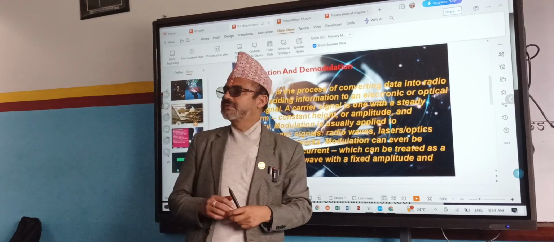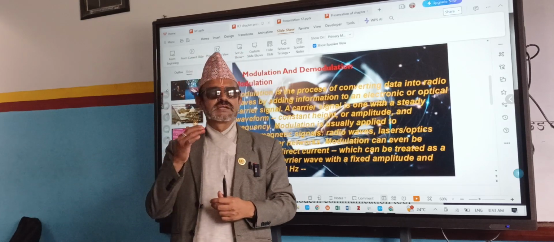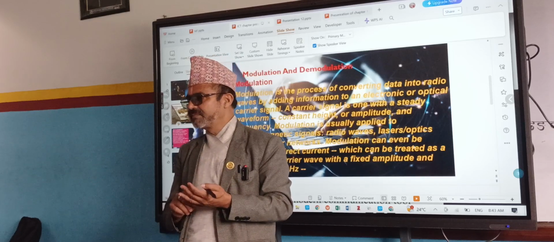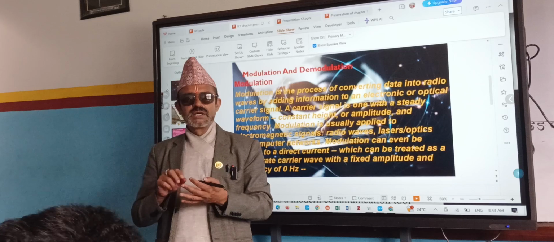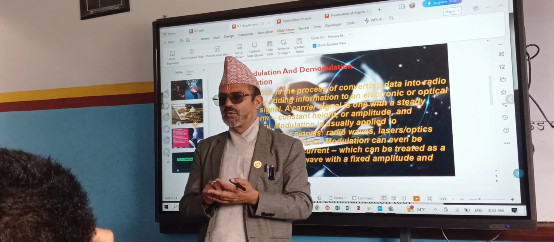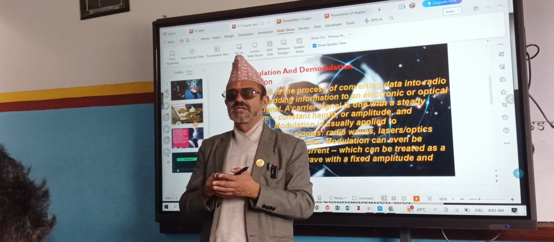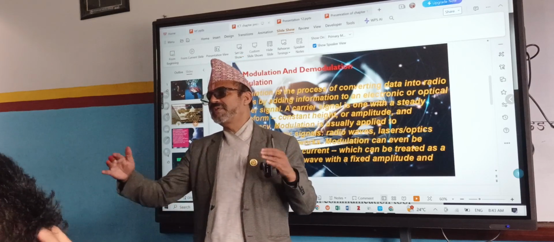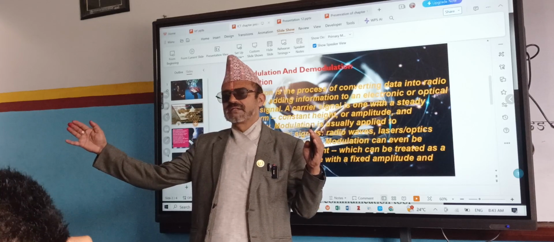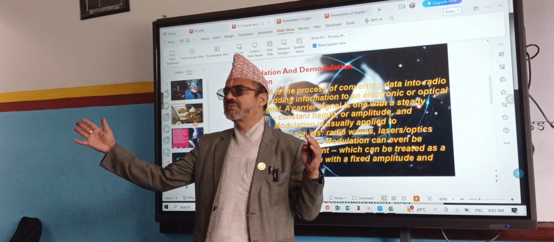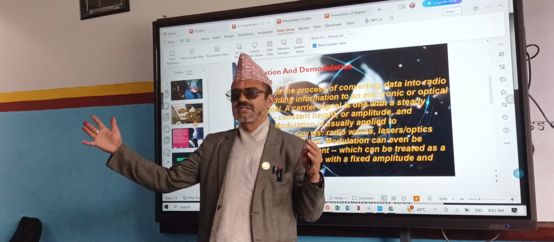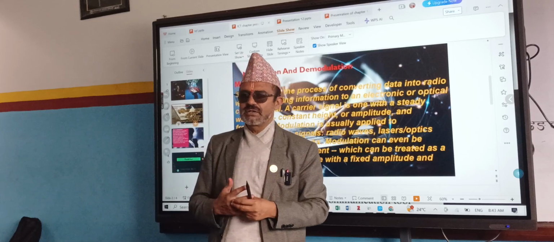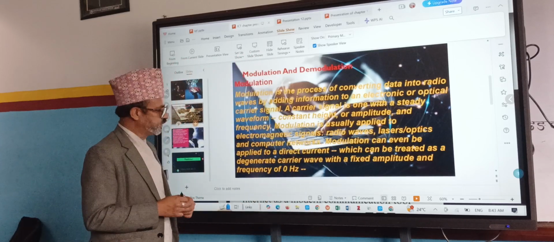So there are different types of waves. Different types of rays are there, like gamma rays, X-rays, radio waves, microwaves. Radio waves mean their frequency is very low and wavelength is very high. They can travel long distances in a short period of time, and they are not affected by many devices because their wavelength is long, so they can be transmitted easily.